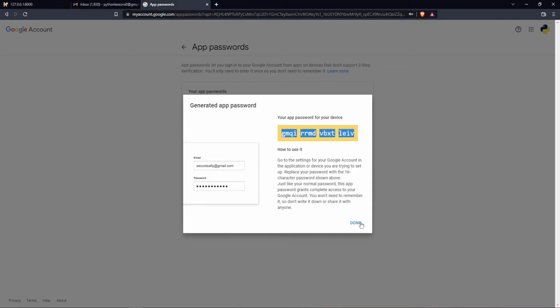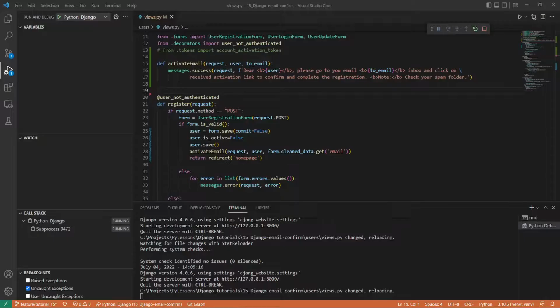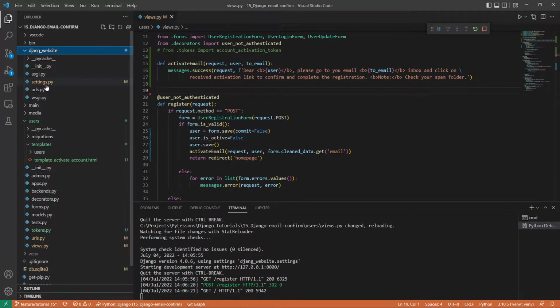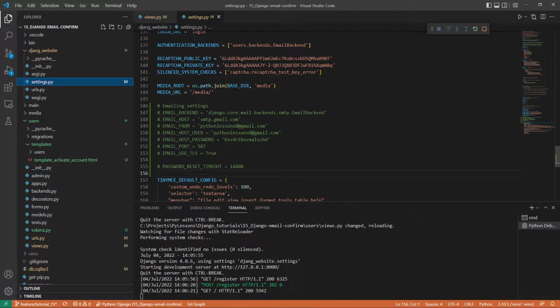So you simply copy this and type this into your settings. But I already have everything prepared in my settings. So I go to my Django website, I go to my settings, and here I have everything already prepared. So I uncomment this stuff. This is my password, and of course I'll disable this password after I release this tutorial. So make sure to do this by yourself because you will not be able to log into my mail